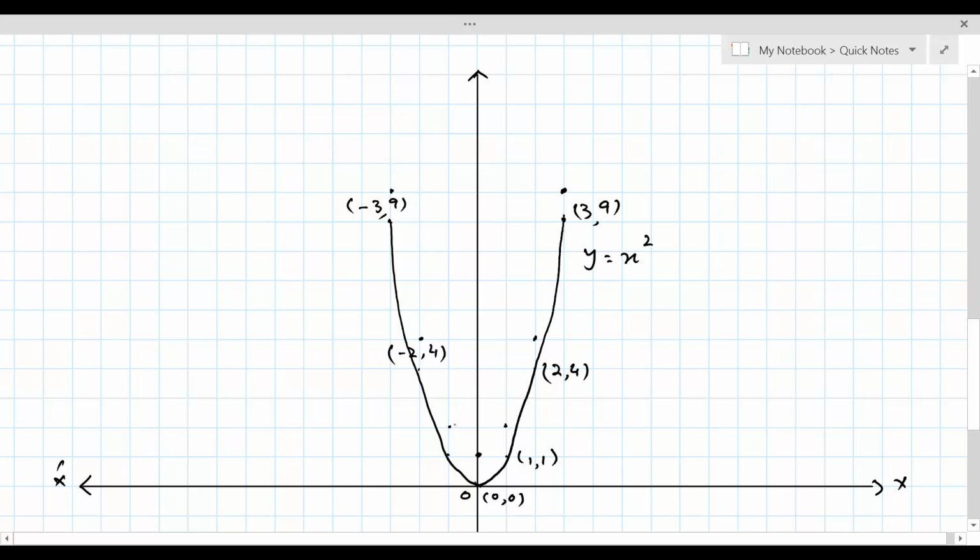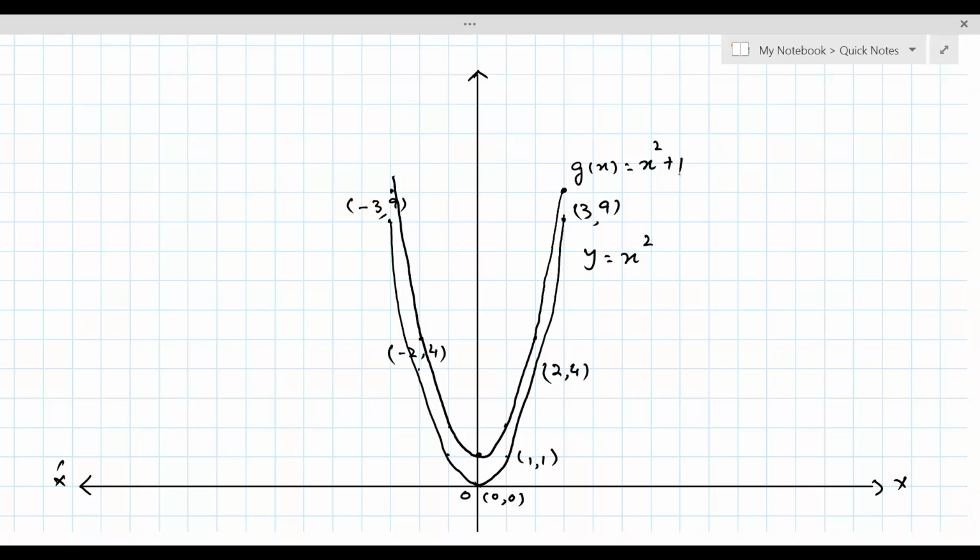through these points. So if we pick up point like this, so this will be the new graph. And the equation for this graph will be y is equal to, or g of x equal to x square plus 1. And if we have to draw the graph of h of x equal to x square minus 2,